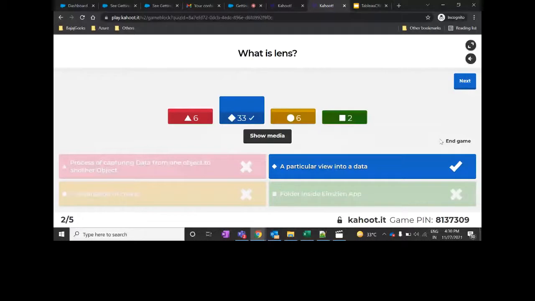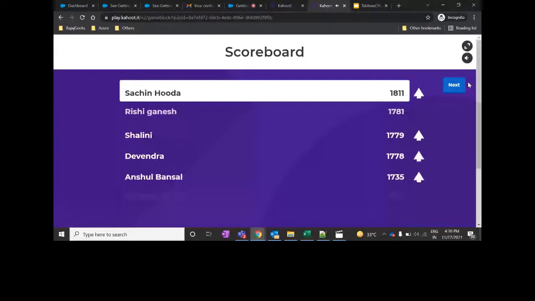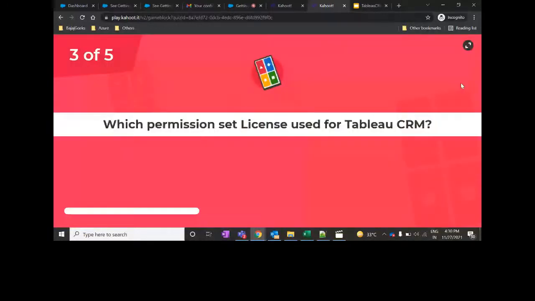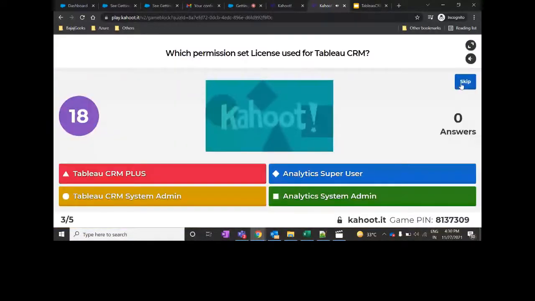So moving on to the next question. Okay, so Sachin Huda is again at the top, followed by Rishi, Shalini, Devendra, and Anshul. Next question on the screen: which permission set license is used for Tableau CRM? And the options are Tableau CRM Plus, second is Analytics Super User, third is Tableau CRM System Admin, and fourth is Analytics System Admin. 45 of them have answered, 49,